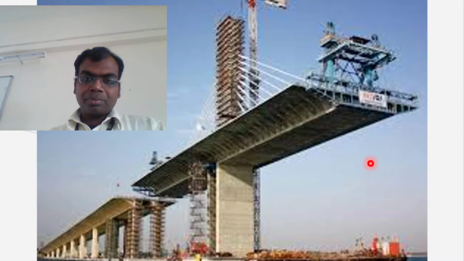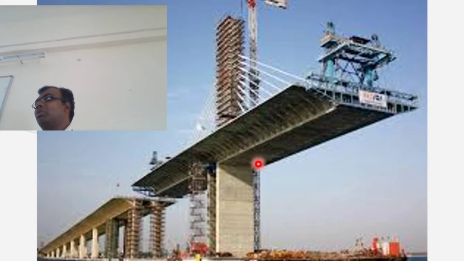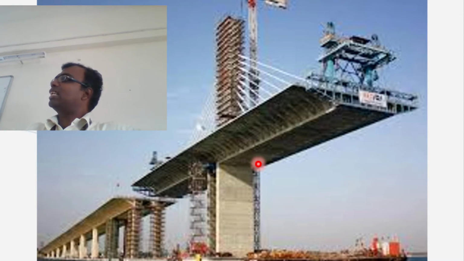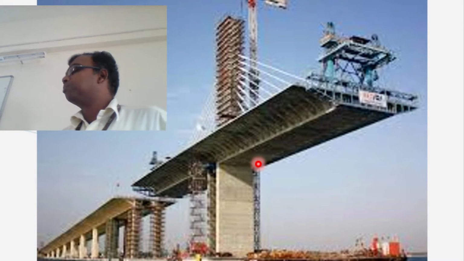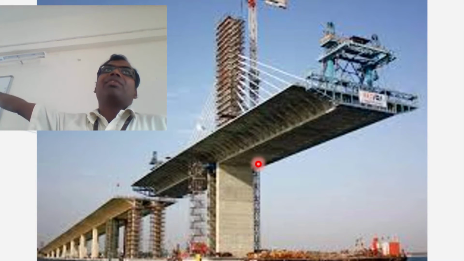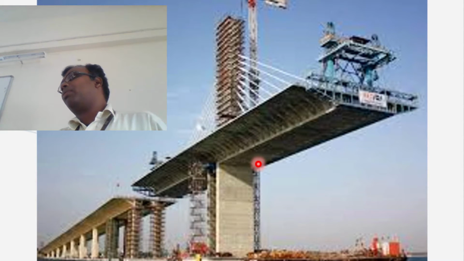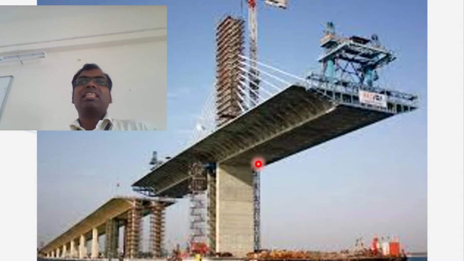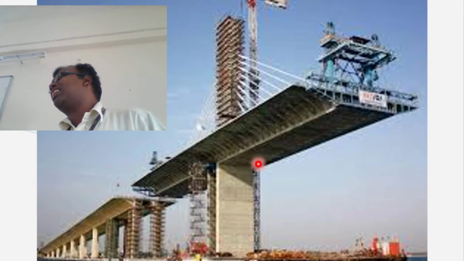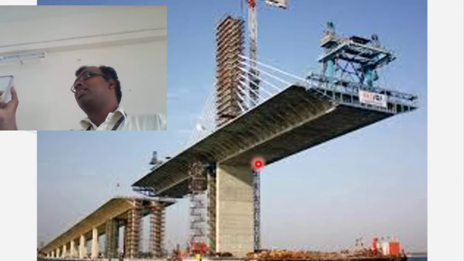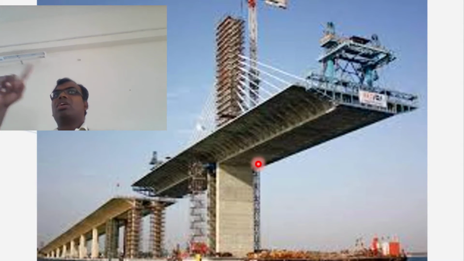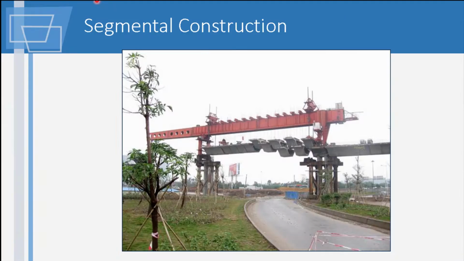So look at what they are doing here. They are balancing the weights on both sides. So the viaduct is going to stand essentially on its own self-weight. Even if any train goes on it, or any bus. This is a road bridge. Any amount of traffic goes, the weight of this system will be so high that it will not cause the bridge to tilt. It will still be able to balance any weight which comes on it. Okay, so this is a construction technique which is very nice and unique. If you are going through Chennai, there is this Kathipara flyover where they have got this sort of construction done.